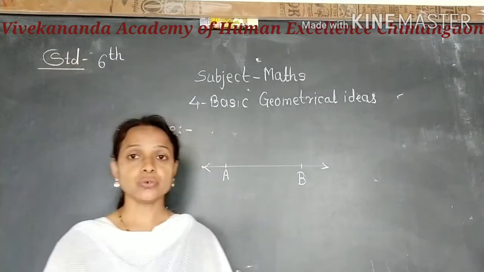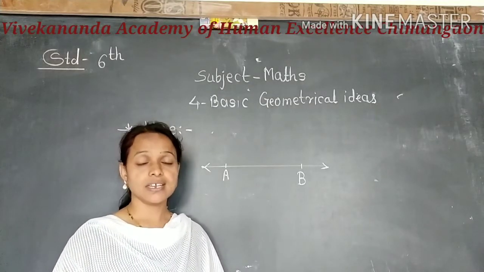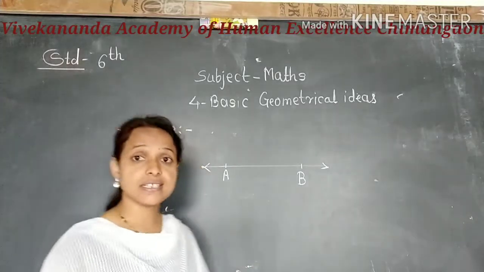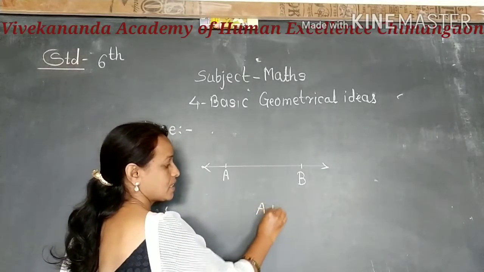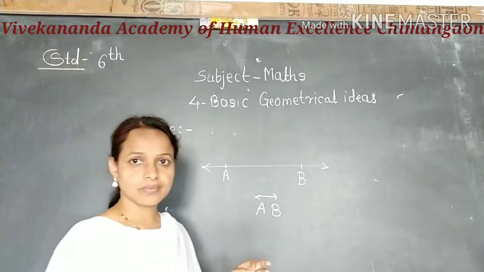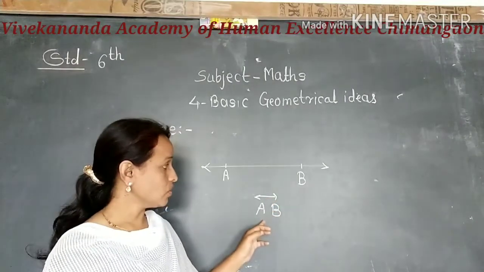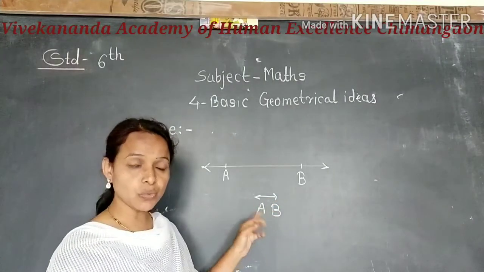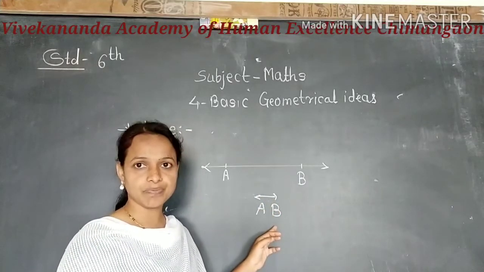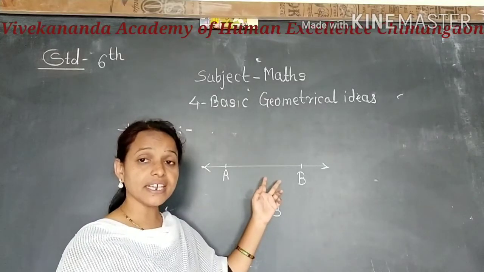A line through 2 points A and B is written as line AB, and this is the symbol of line. See, this is the symbol of line. A line through 2 points A and B is written as line AB, and a line can be extended